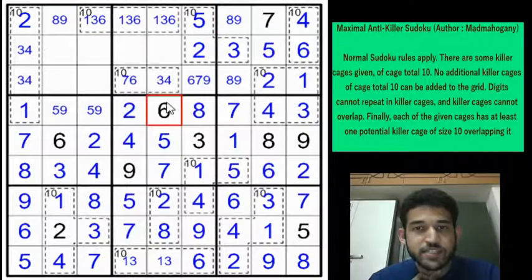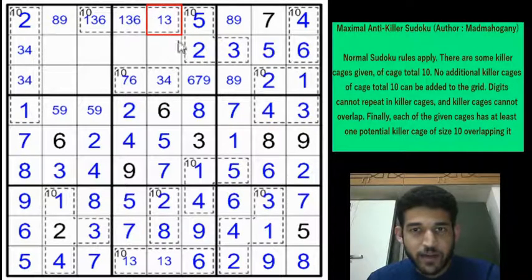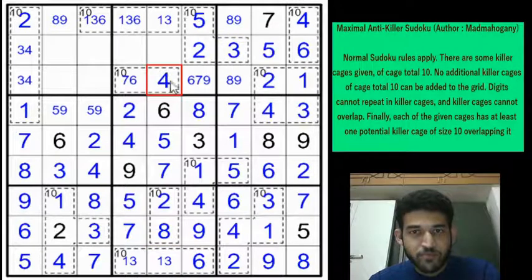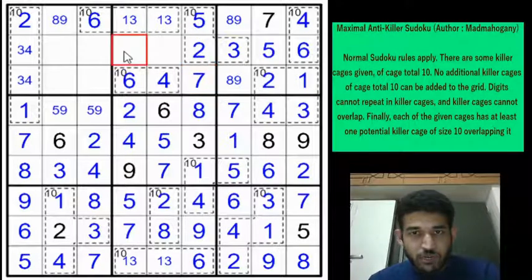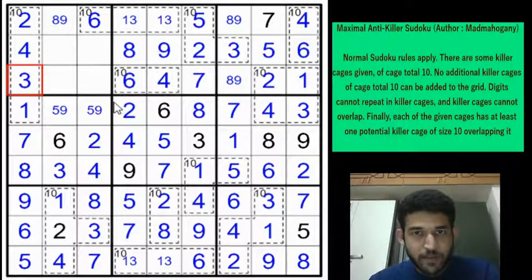Okay, we have a 6 in column 5, so we can eliminate the 6 from there, and that gives a pair 1 3 in column 5. So that gives a 4 here and a 6 here. So we get the 6 here now because 6 cannot be in this box anymore. So this is going to be, yeah, column 6 is filled. So this will be a 7. The remaining digits are 8 9 in this box, and because we have a 9 here, this will be a 9 and this will be an 8, right? So this will be a 9 and this will be an 8. And we have a 3 here, so we get the 4 here and the 3 here.